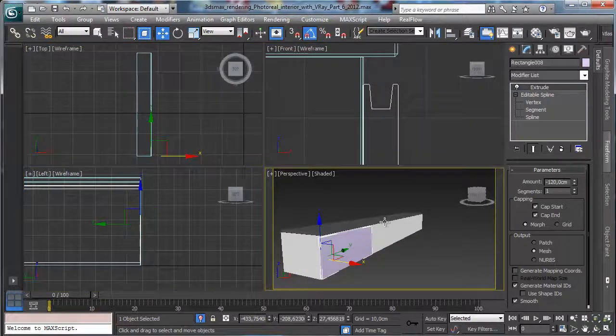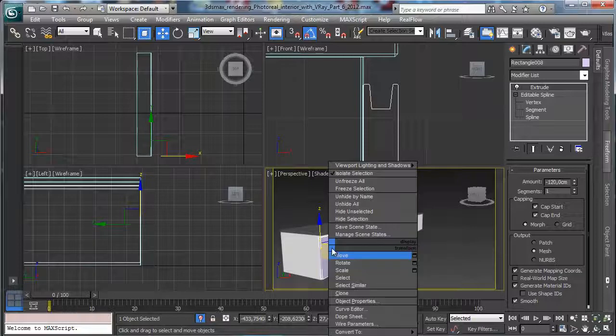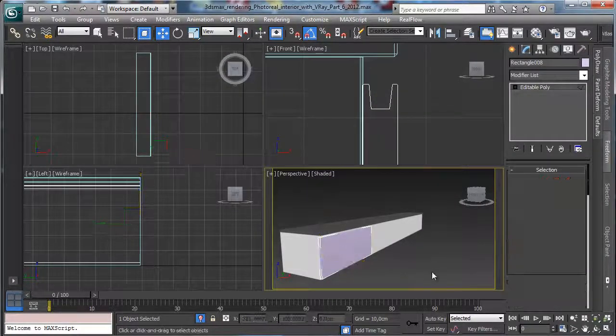Okay, so that's our first part, and I'd like to generate mapping coordinates, and we convert to editable poly, and then